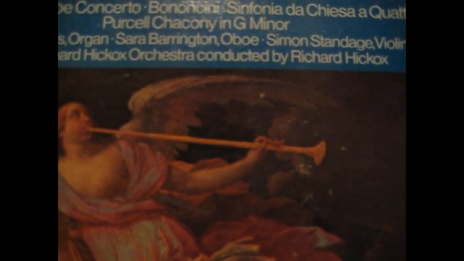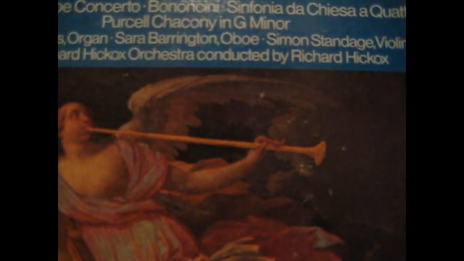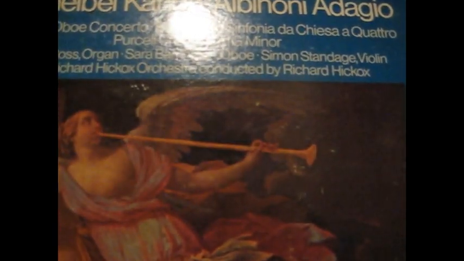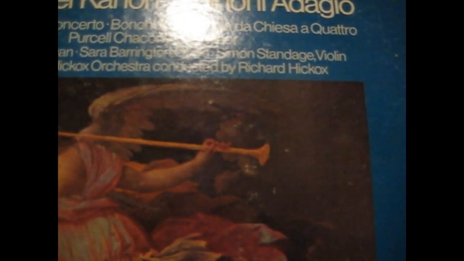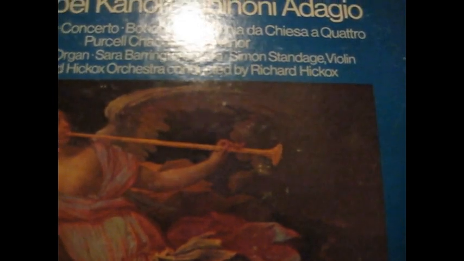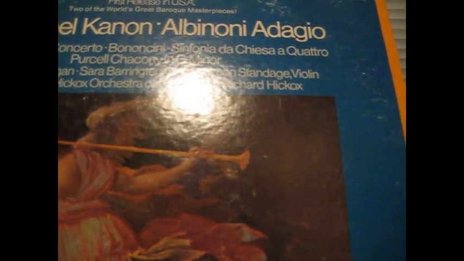Albinoni, Oboe Concerto, Sinfonia da Chiesa, Purcell, Chaconne in G minor, Alistair Ross organ, Sarah Barrington oboe, Simon Standage violin, the Richard Hickox Orchestra, and conducted by Richard Hickox. I screwed up all of that, but again, other than some fingerprints that were put on there,